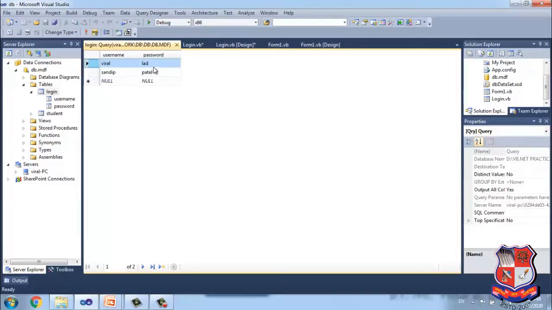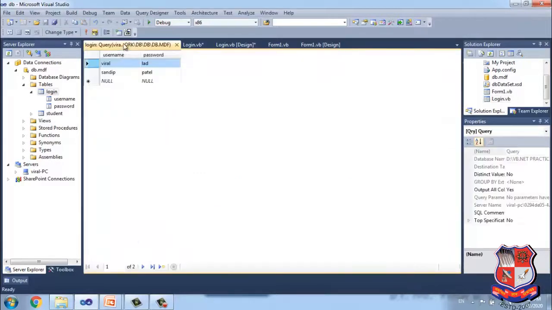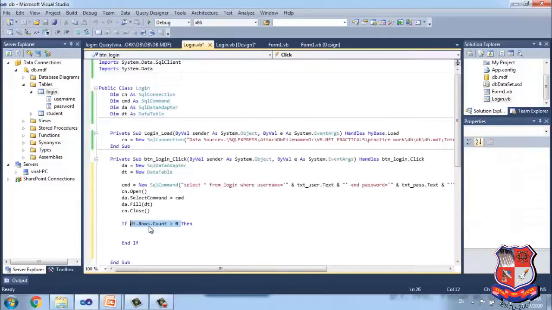So rows is more than 0, and the condition is true. If the result is not more than 0, meaning 0, the condition is false. If the user has entered username Viral and password xyz, the result is 0, so rows is not more than 0 and our condition becomes false. If this condition is true, it means the data the user entered was fetched.